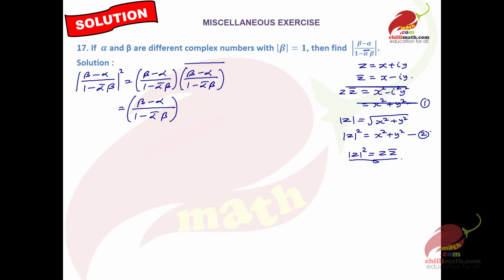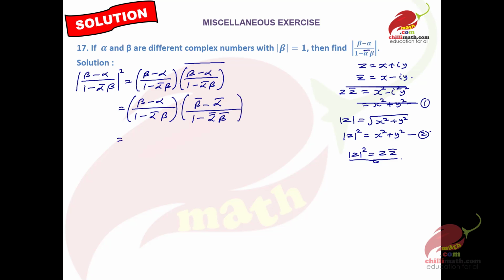Now conjugate of this is that because beta is a complex number, so its conjugate will be beta conjugate, or we write like this, and it will be alpha conjugate over, this is one real number. Okay, so real number will not change, it will remain 1. Alpha conjugate, so it will be conjugate of conjugate. Because one conjugate is already there, we are taking another conjugate, so it will become alpha conjugate's conjugate into beta conjugate.